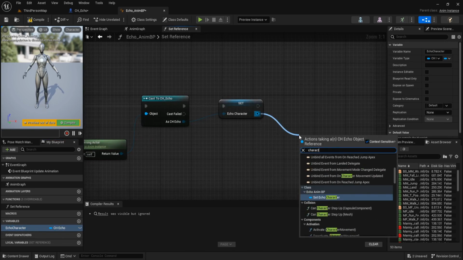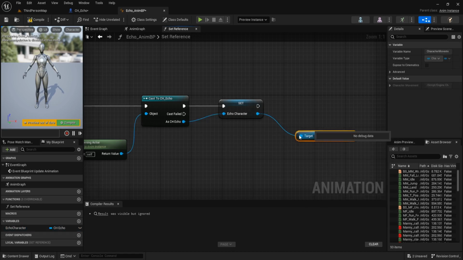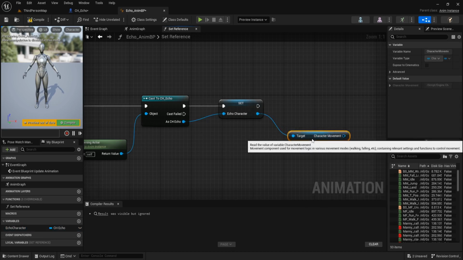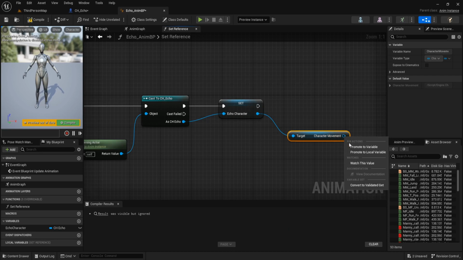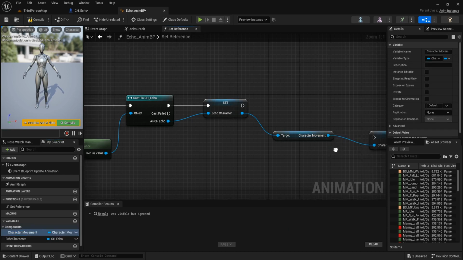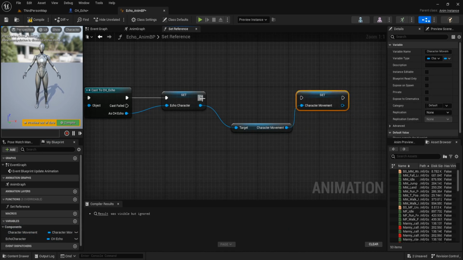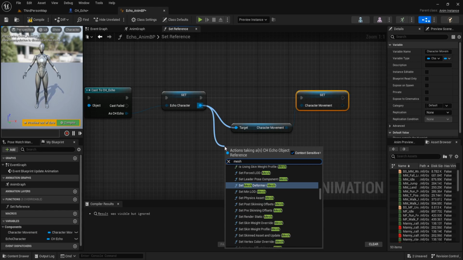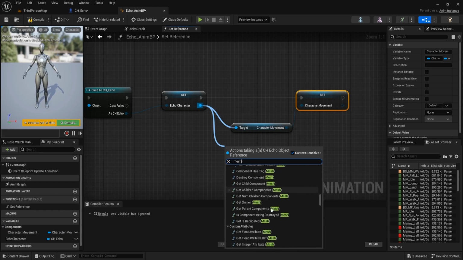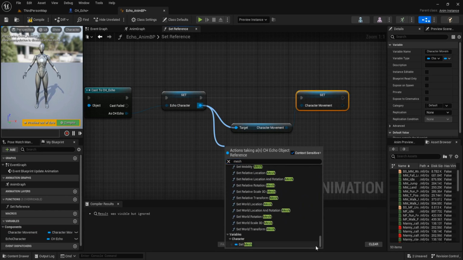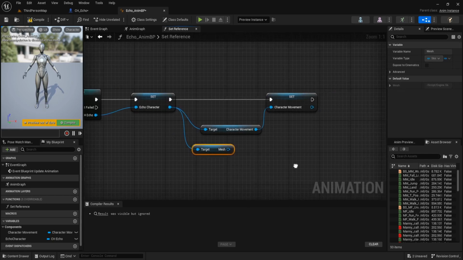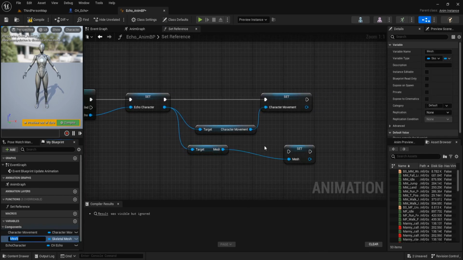Then get character movement and promote it to variable. The name is character movement, and get mesh. Promote to variable. Rename it to Echo mesh.